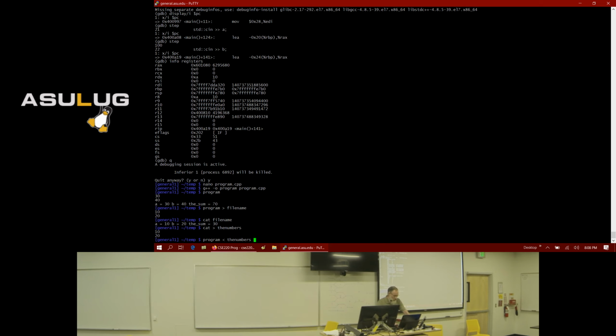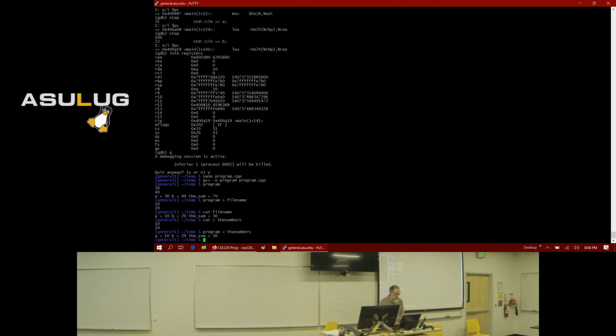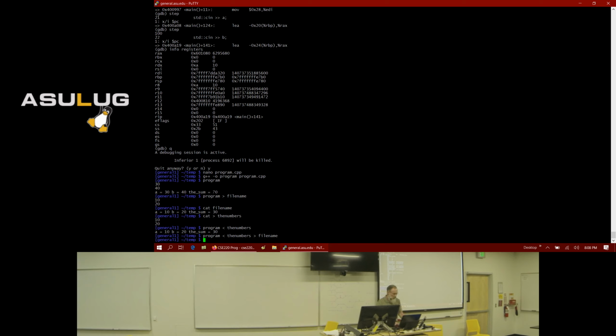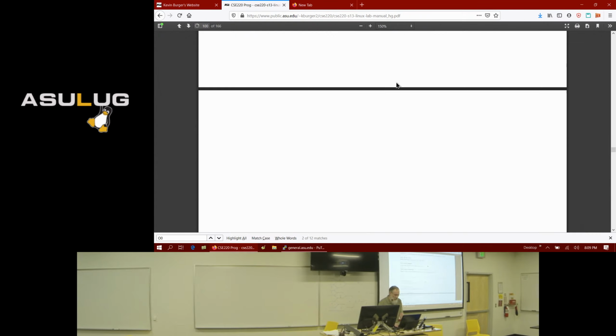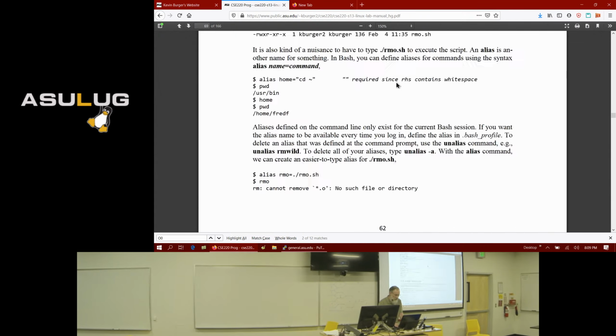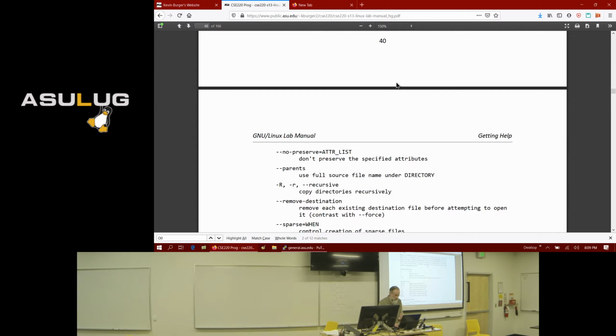So let's try this. Notice that it read the input, but it sent the output to standard out. Now if I also want to send the output to a file, then I can redirect both standard in and standard out. And now I don't see anything because it read standard input from the file and it sent the output to the file. Now what pipe does is it allows you, and you can also redirect standard error, this is chapter 9, just for completeness so that you're aware of it.